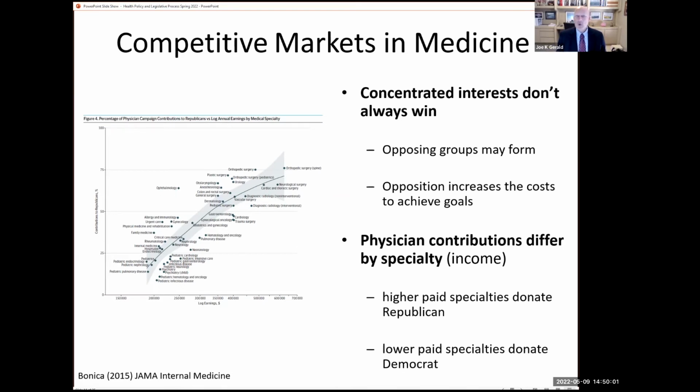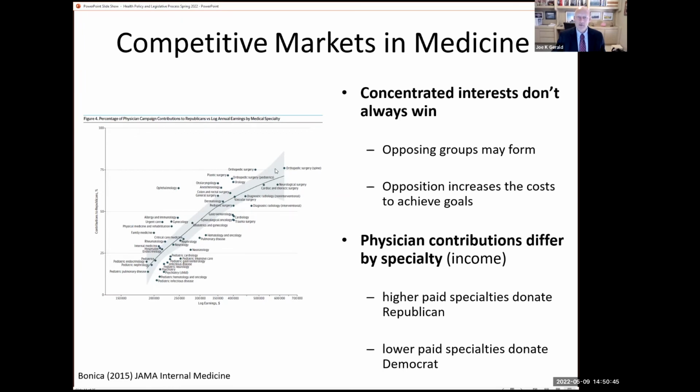An interesting or neat way to think about this in medicine in the United States is the difference between how primary care doctors donate to political campaigns and how specialty doctors donate to political campaigns. What we're seeing on the graphic to the left is the average earnings within a medical specialty in the United States. The vertical axis represents the probability that a member of that specialty will donate to a Republican official. On the far right, we have mostly our specialty medical providers, cardiologists, surgeons, gastroenterologists, who make